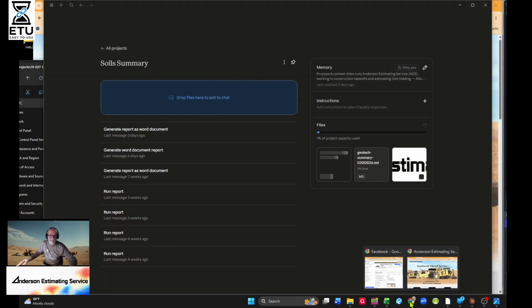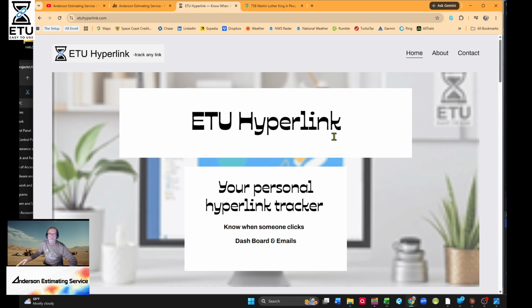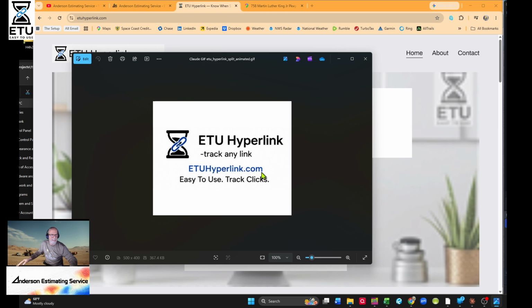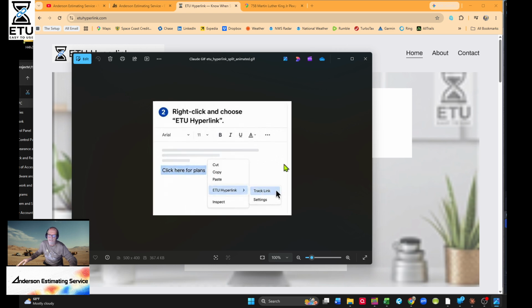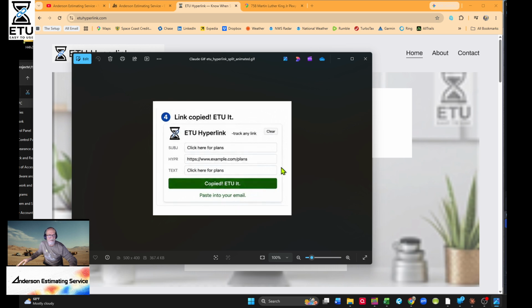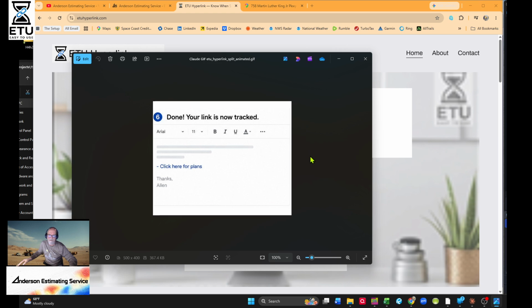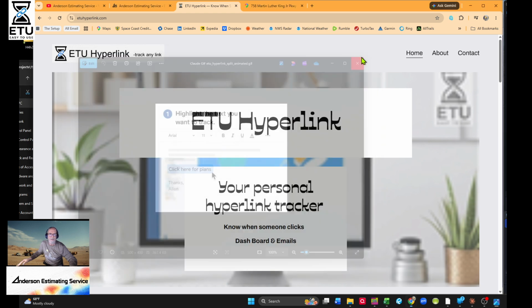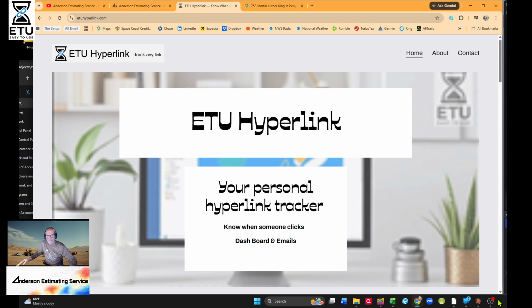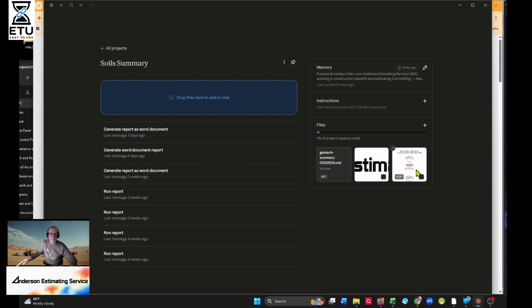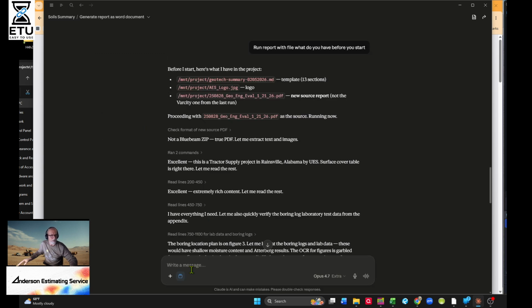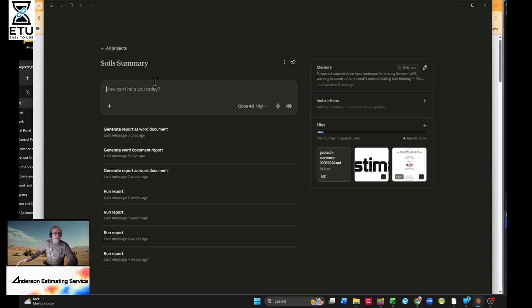Let's look at ETU hyperlink. You can track any link. It is awesome. You just right-click on any hyperlink, and it puts a link in and sends you an email. You just copy and paste that link into your email. Security-wise, nobody can paste anything into your emails. So let's see. Oh, there it is. Something weird about this. Okay, so we go run report